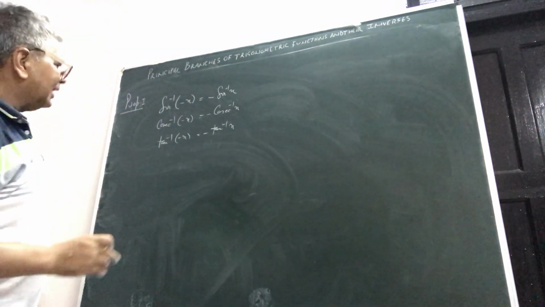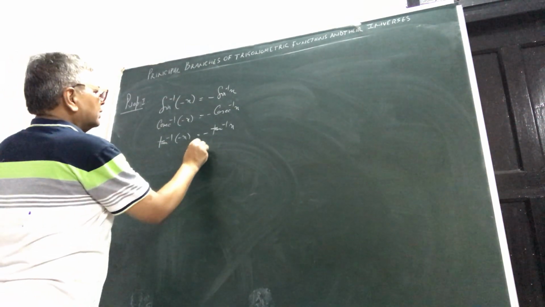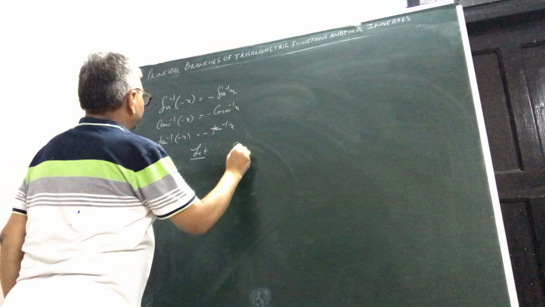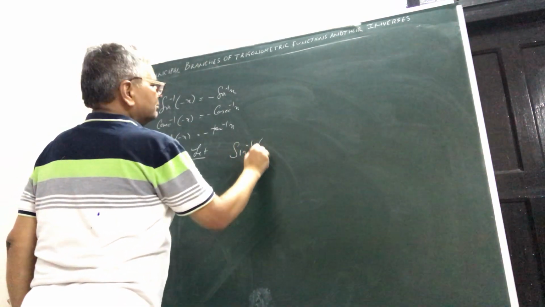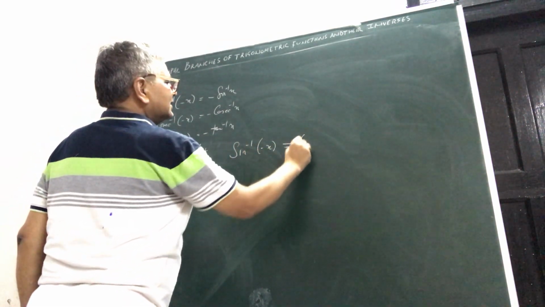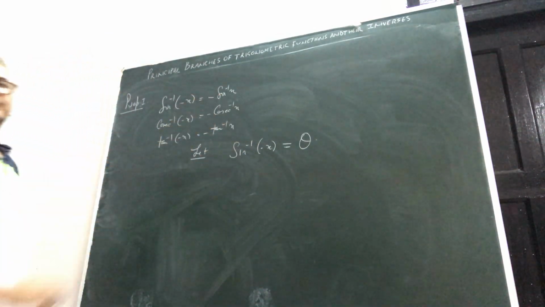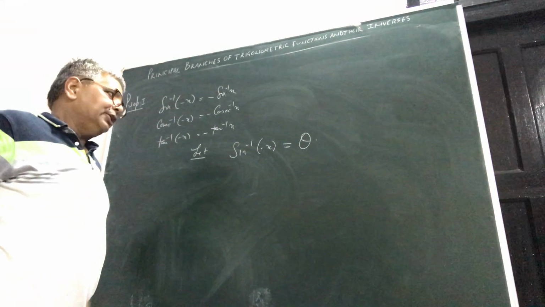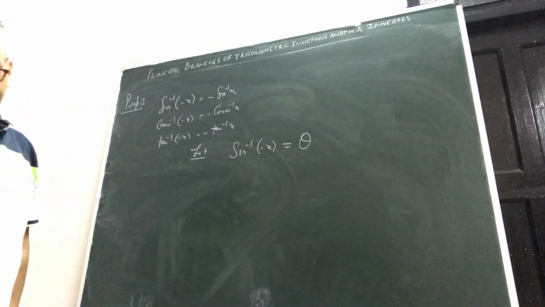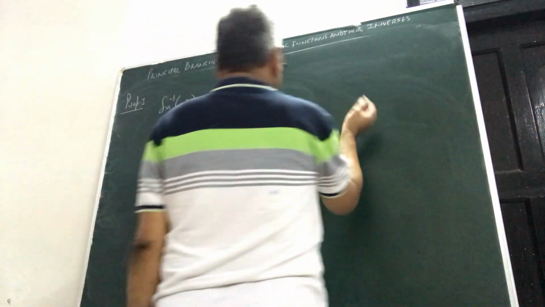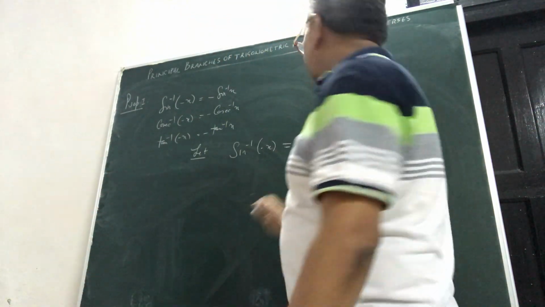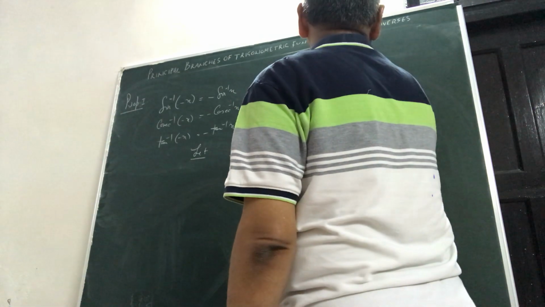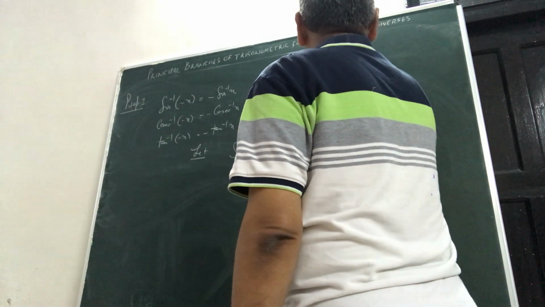Okay. First part, let us do. Suppose we will give the proof of two of them. Let sine inverse of minus x be theta. Now see, you should be careful enough. You should know where this minus x will lie. This analysis you need to do very nicely. Now please see, minus x, where will it lie? It will lie between minus 1 and plus 1.